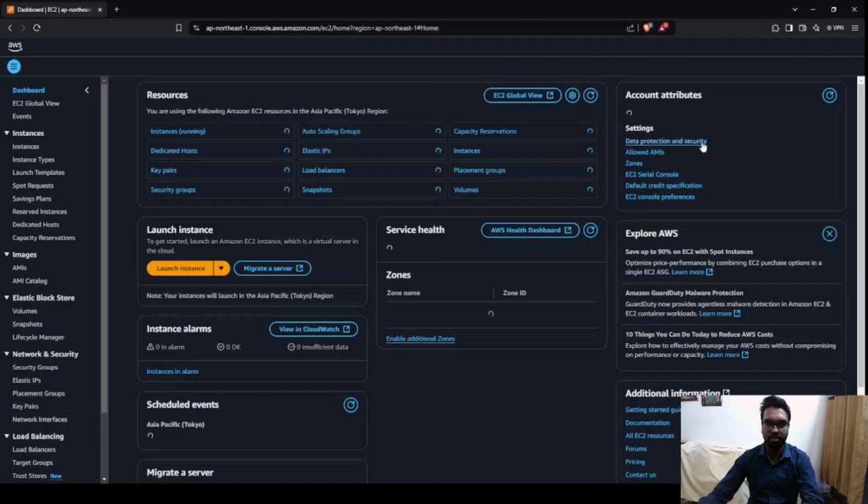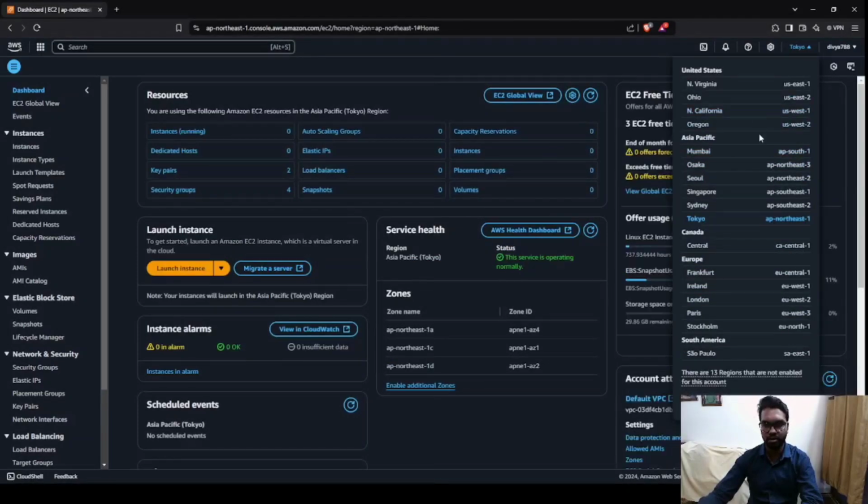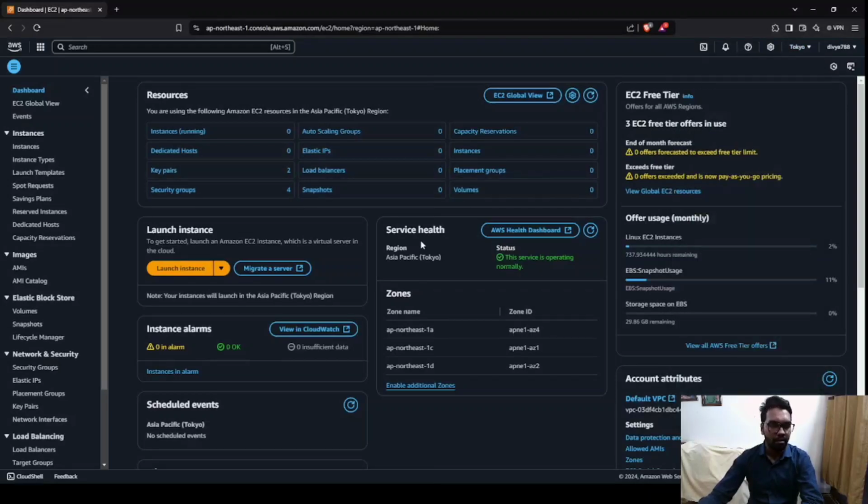Make sure that the region you select in the console has at least 2 or 3 availability zones, not a single availability zone. Like you can see in the Mumbai zone, there is only a single availability zone. No other AP South zone is there. But for AP Southeast, there are 2 zones, and Northeast, there are 3 zones. So I have chosen the Northeast. You can choose a zone which has at least 2 zones. You can even choose US East 1 or US West 2. Right, so let's go to our instances.